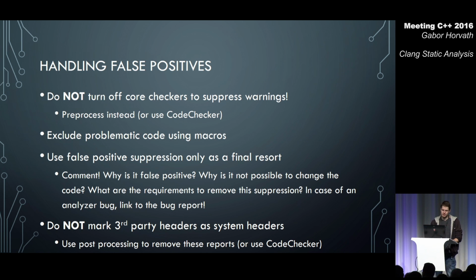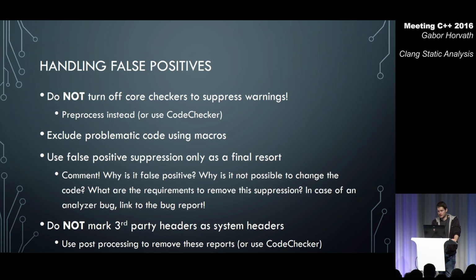It might crash or give you garbage results. And also, there is a possibility to exclude some of the problematic code from the static analysis using macros. As a last resort, we might mark a report as a false positive,